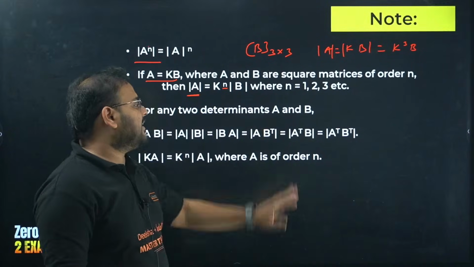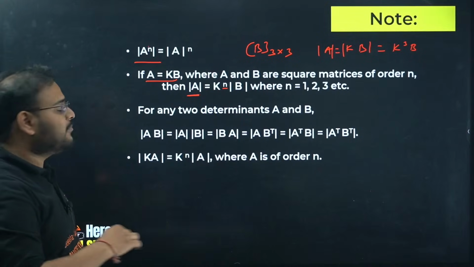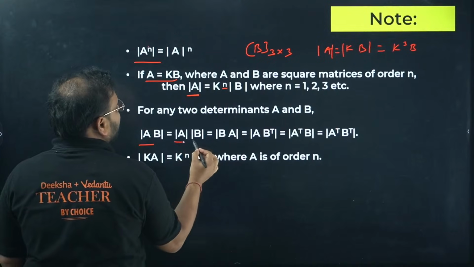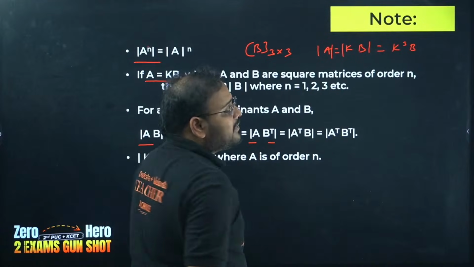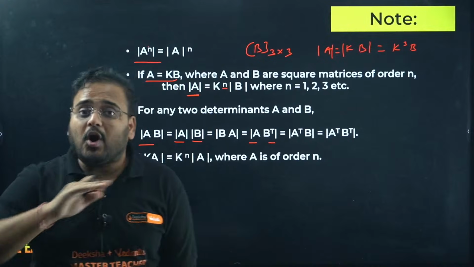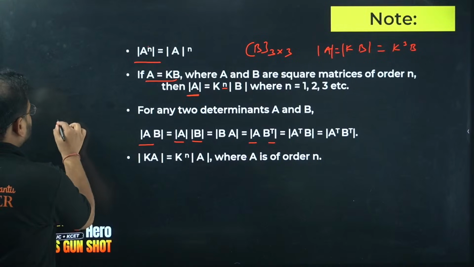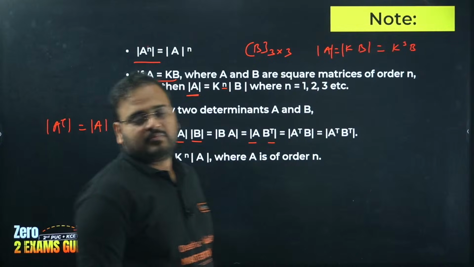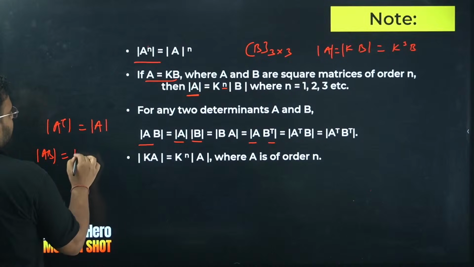For any two matrices A and B, if you are applying determinant on the product, you can simply write them individually as determinants. This means determinant of AB will be equal to determinant of A times determinant of B. In any order I can write A, B, or A into B transpose. Taking the transpose, or taking the order first or last, does not matter. In determinants, the values will always be the same. This means the determinant of A transpose is the same as the determinant of A. Getting it? So the determinant of AB will be the same as the determinant of BA.